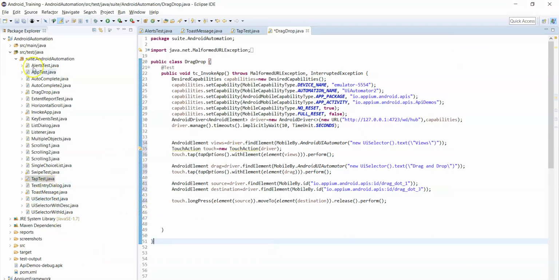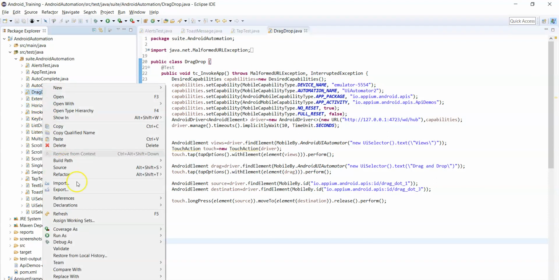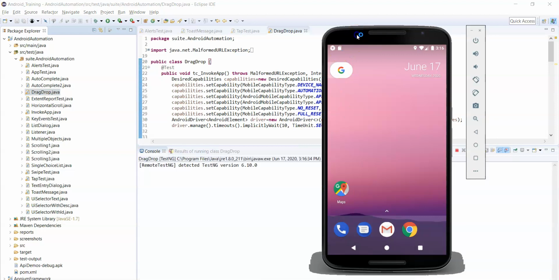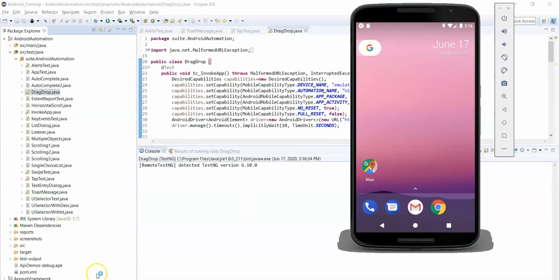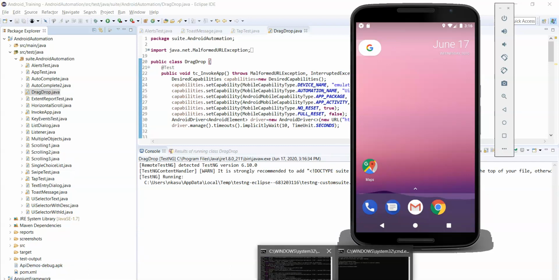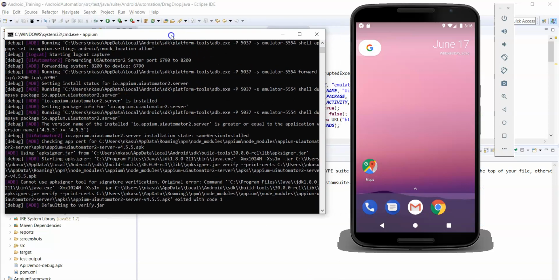Now let's run the script. Drag and drop, run as TestNG test. You can see the logs in the command prompt.